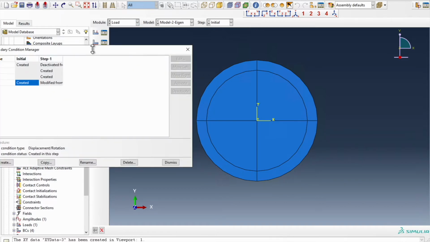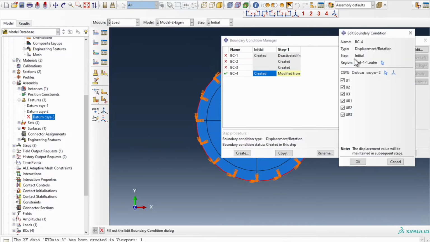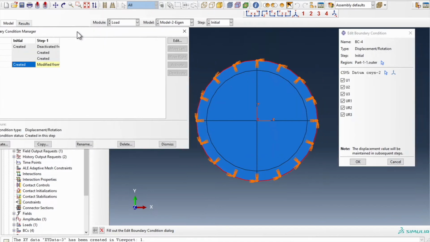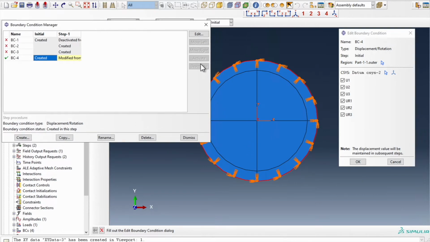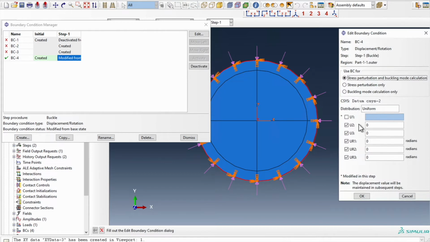I have used this cylindrical coordinate system instead of the global coordinate system in defining this boundary condition, because I want to only restrain, and I want to allow... okay, here I restrain everything, but in step 1, when we are applying the load, I want to allow